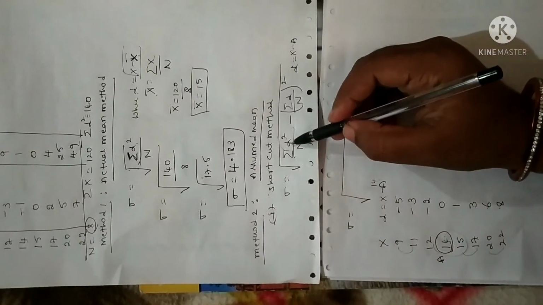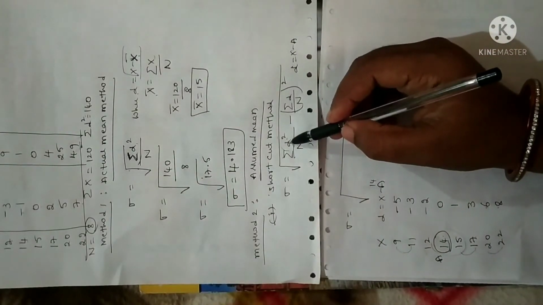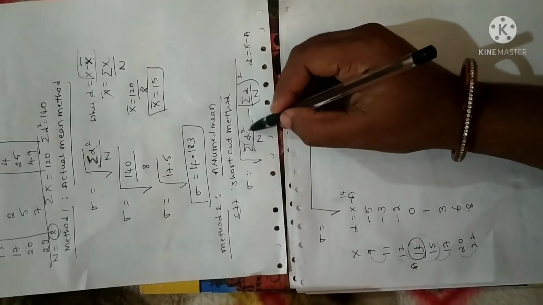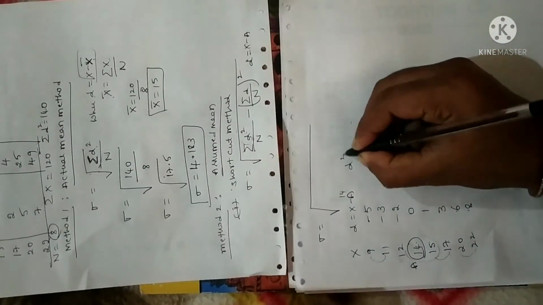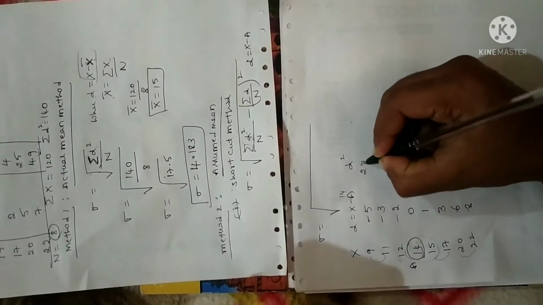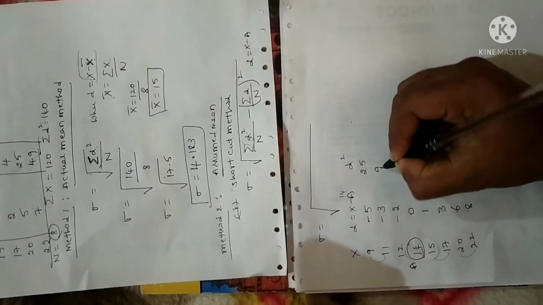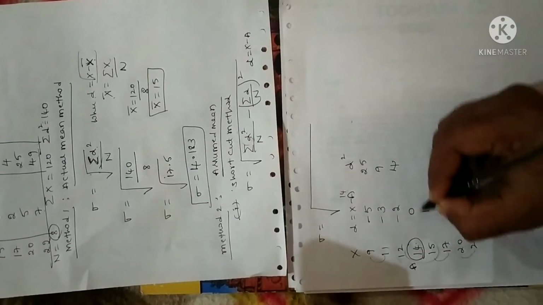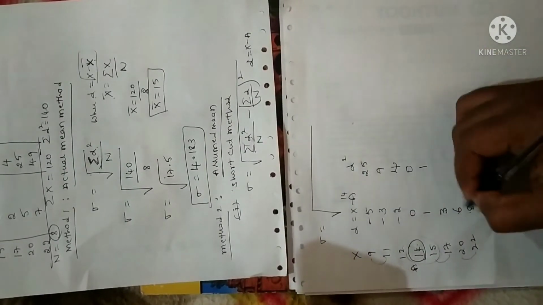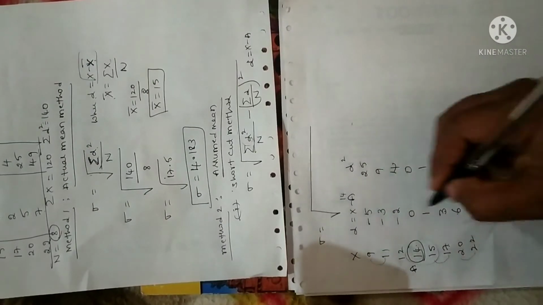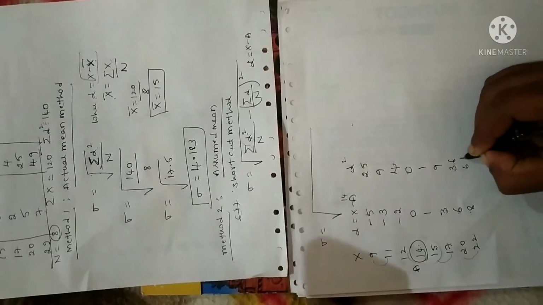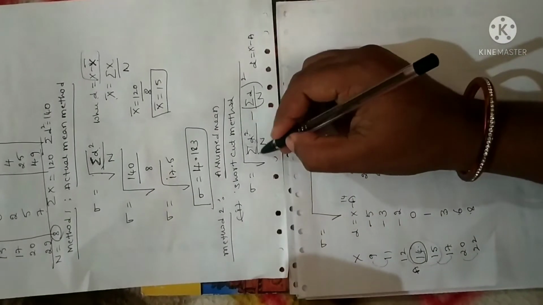Now what is required for us? Sigma D square I need. Before that I need to calculate D square. D square is none other than whatever D value is there, you just square it. Minus 5 whole square is 25, minus 3 whole square is 9, minus 2 whole square is 4, 0 square is 0, 1 square is 1, D is 3, so 3 square is 9. Next D is 6, 6 square is 36. Similarly 8 square is 64.